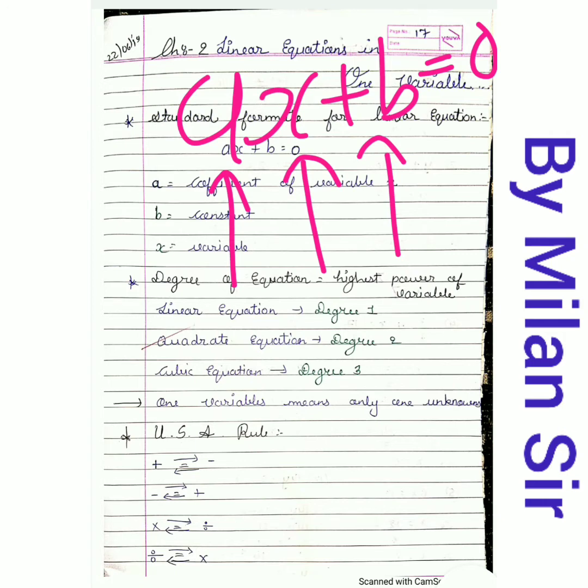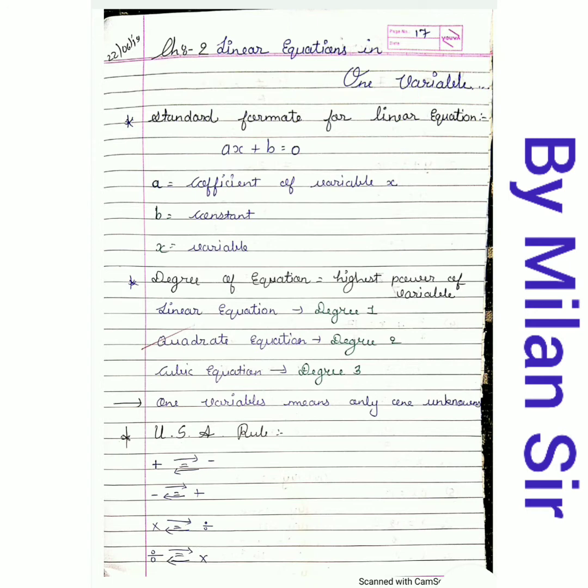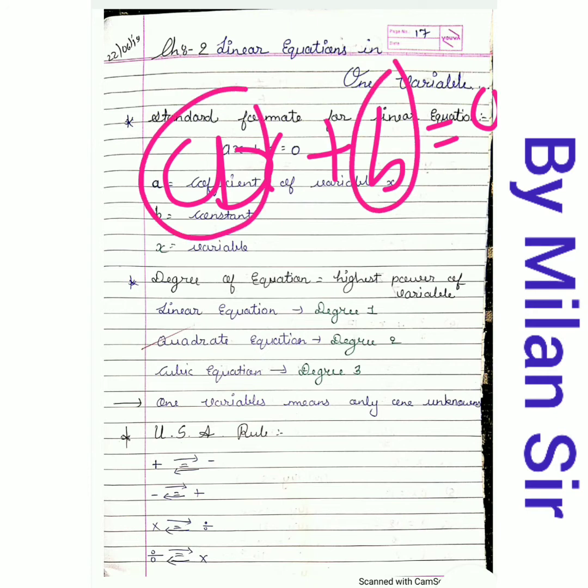Here we have totally two terms in the standard form, ax and b, because terms are separated by a plus sign or a minus sign. Multiplication and division cannot change the term. So we have a first term and a second term. The second term is the constant term. In the first term we have ax, where a is the coefficient and x is our variable.